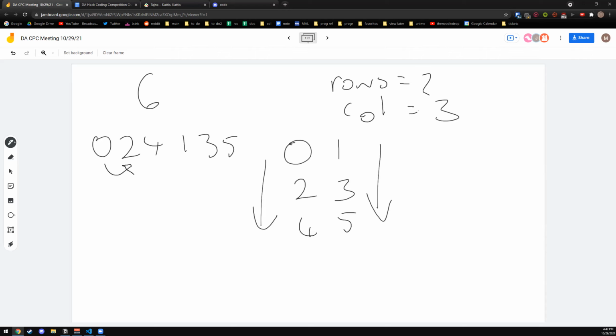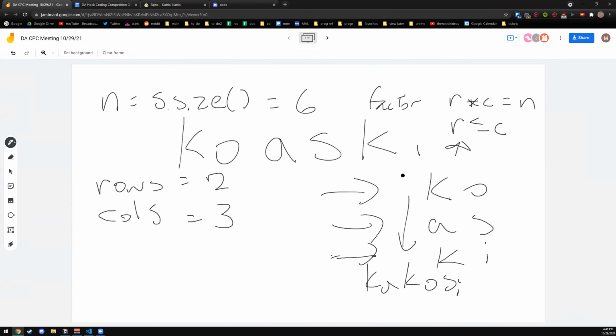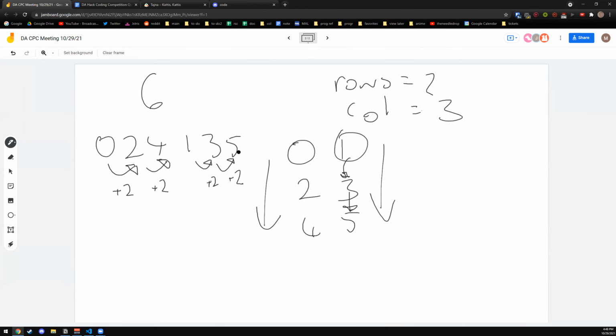Well, here to here, this is like +2, this is +2. Then it loops back. It goes to this number, and then you go +2 again, +2 again. So here it goes +2, +2. And if you try a couple examples,